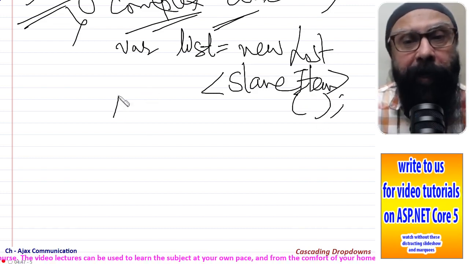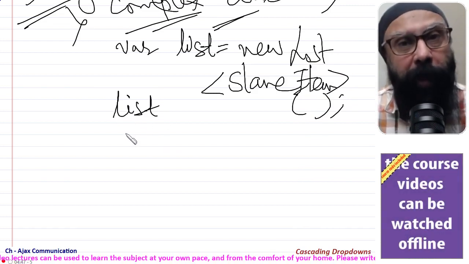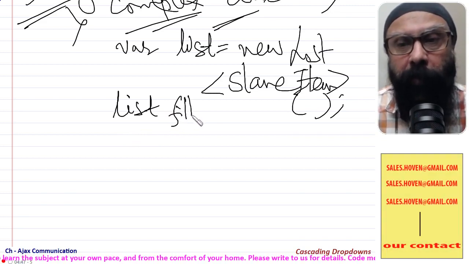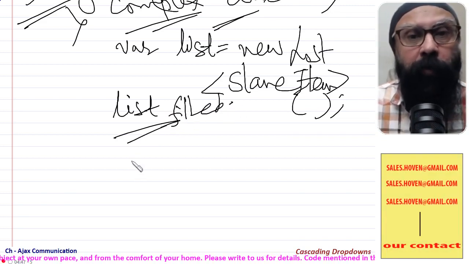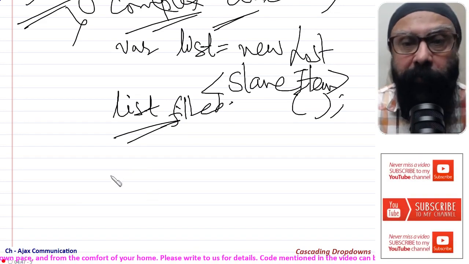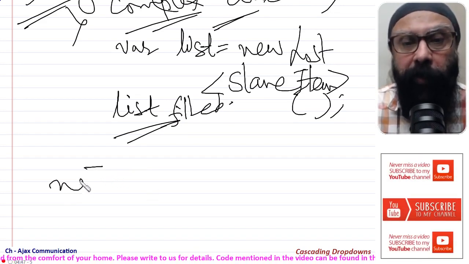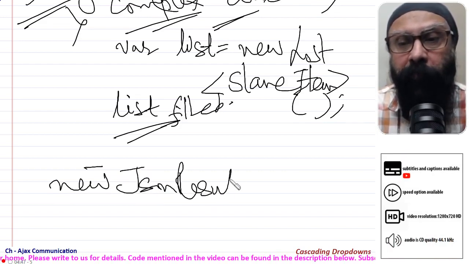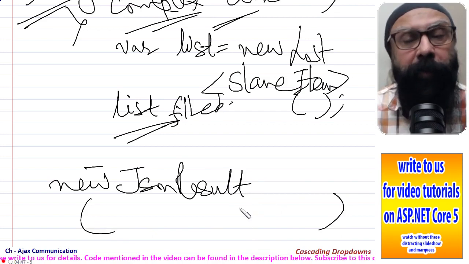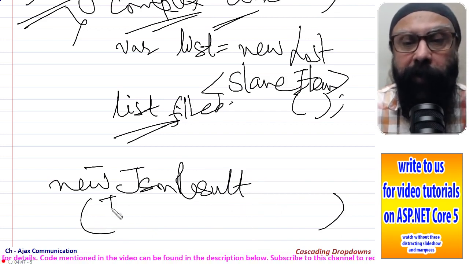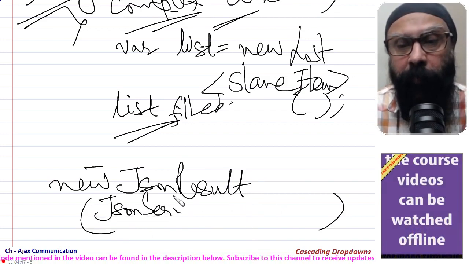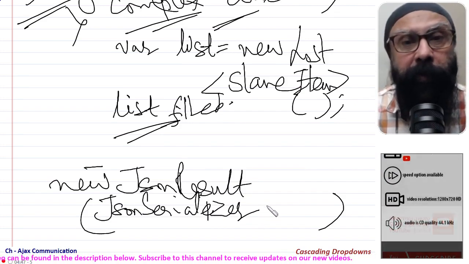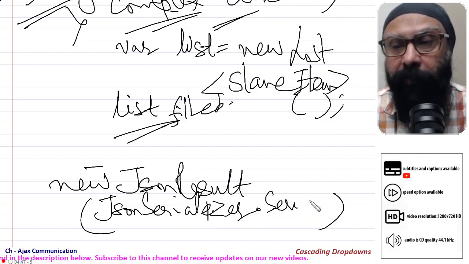and then we add items to this list based on the ID that is received, some database query. So the list is filled. Once you have the list, we write new JSON result, and to this, instead of a string, we will pass JSON serializer dot serialize.